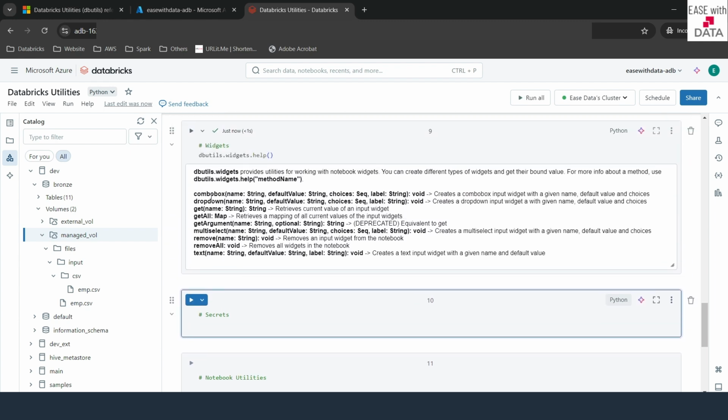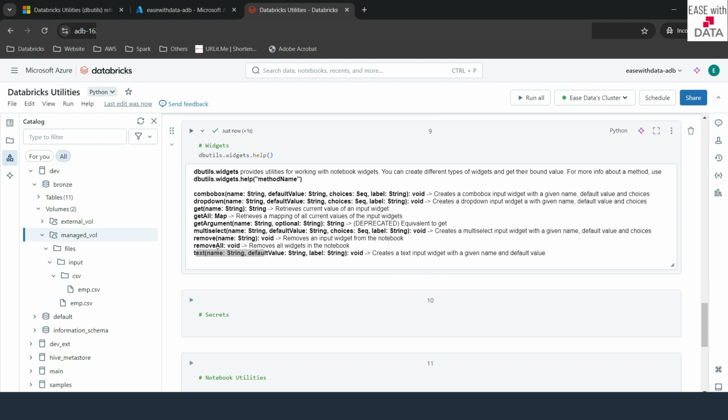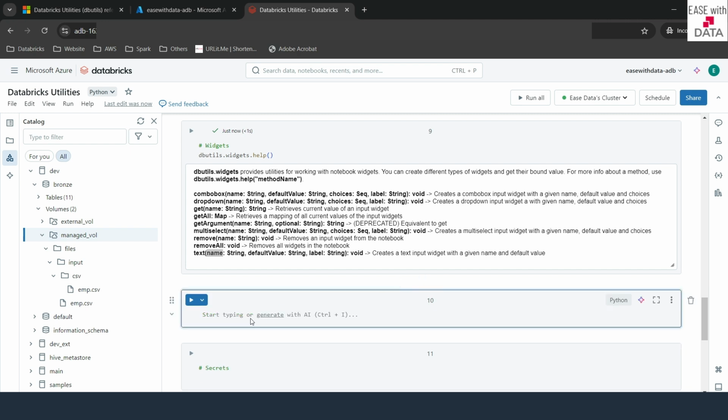Now it gives me all of the information. For example, you have combo box option, drop down option. You can get the widget with the name. The most common one and the most important one is the text. Let's create our first widget using text. I'll click on code, and I'll create my text widget first. To do that, I'll write